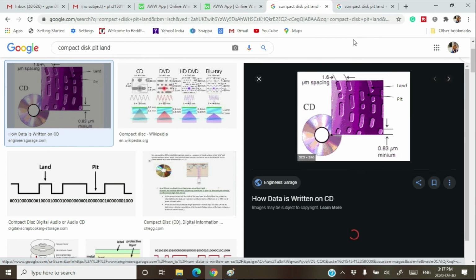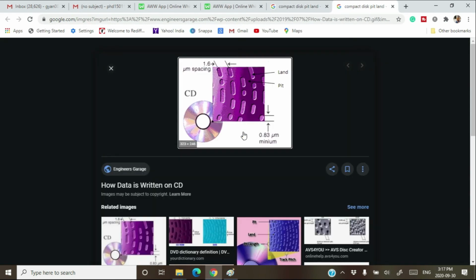Now look here. Suppose you fire the laser beam and it hits the surface of the CD here. Then after reflection, the laser beam will go to the sensor. Suppose you fire the laser beam, but instead of hitting the surface at this point, it hits the surface over this much bigger area. Will you be able to distinguish between a pit and a land? No. So laser beams should be as thin as possible.